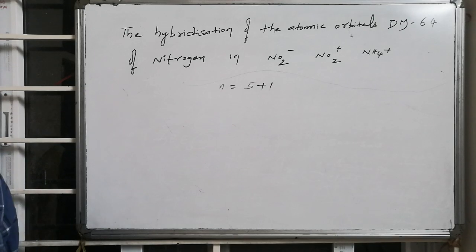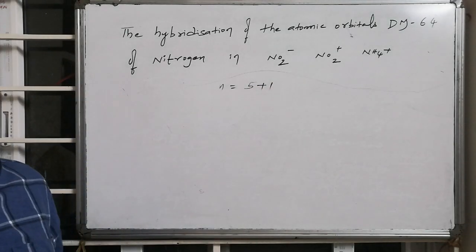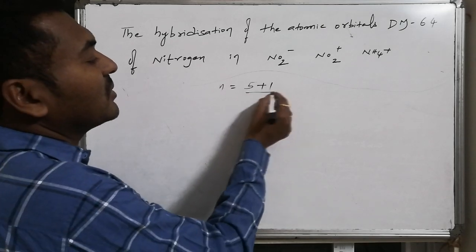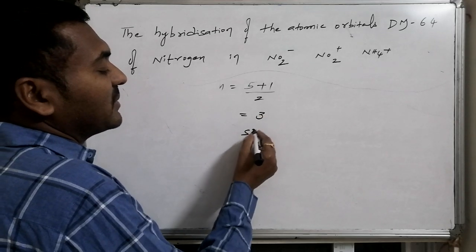That unit negative charge is not present on the nitrogen, because compared to nitrogen, oxygen is more electronegative. So that is 5 plus 1 by 2, 6 by 2 is 3, 3 implies sp2 is the